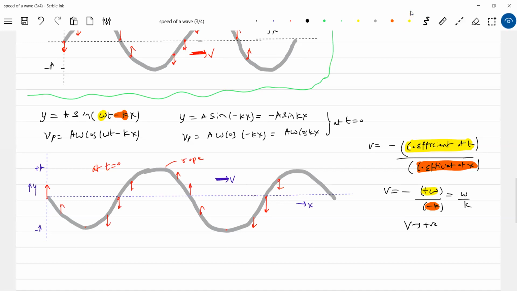So now let's not bother very much about the meaning of omega t minus kx or kx minus omega t. Both the waves are moving towards right only. It's all about t equals 0. What is the shape of the rope? Okay, I agree with this. Now next one, y is equal to,